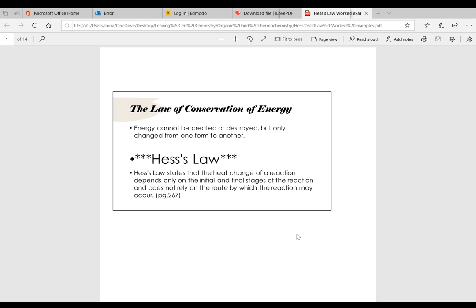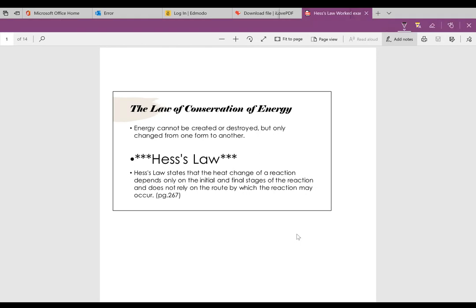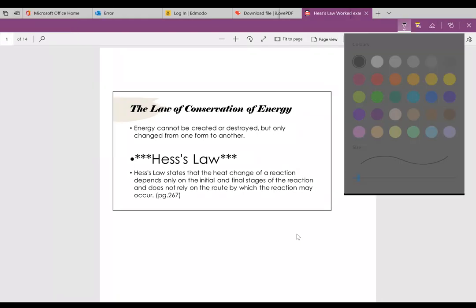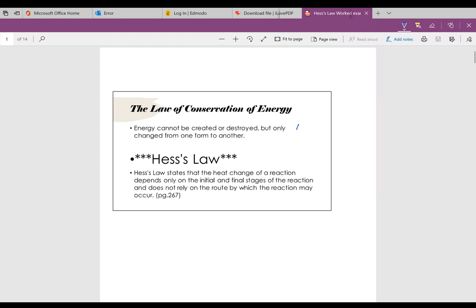Quick video on Hess's law. Okay, so starting with the law of conservation of energy: energy cannot be created or destroyed, but only changed from one form to another. When I'm referring to energy here, I'm referring to heat energy, delta H, which is what we've been looking at in heat of formation and heat